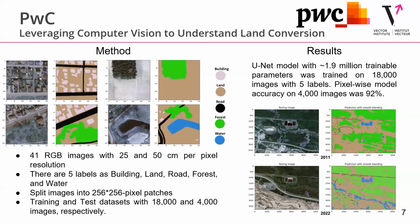And on this slide, we dive into the mechanics of how PwC approached the challenge of monitoring land conversion. The team started with 4D, one high resolution RGB images. The resolution for each of these images was 25 to 50 centimeters per pixel. They managed this data and converted it to 256 by 256 pixel batches, and then trained the U-Net model